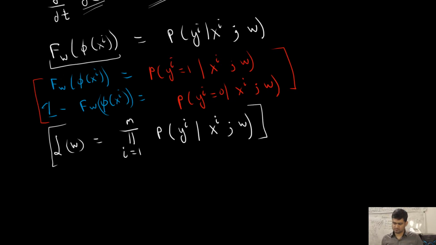Then we can write the conditional probability of yi, since we are assuming that y is either 0 or 1, as